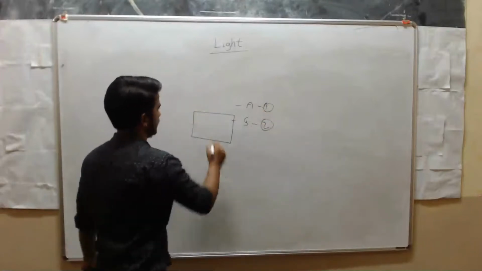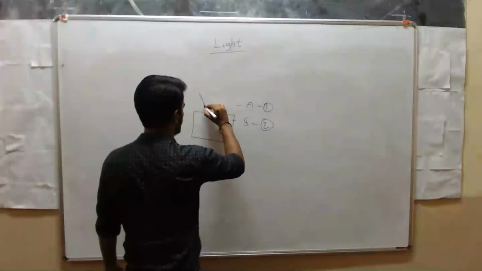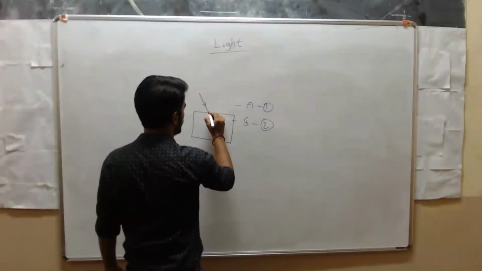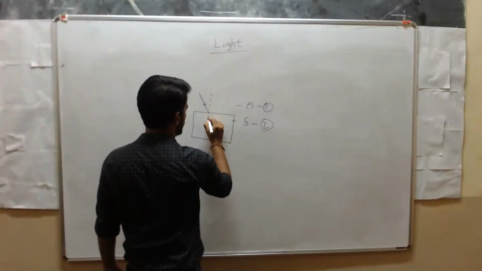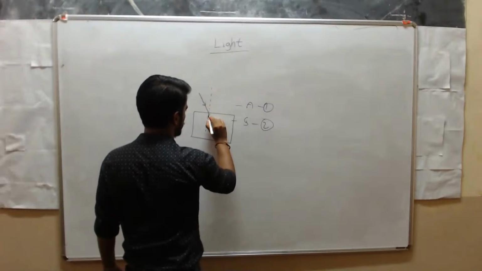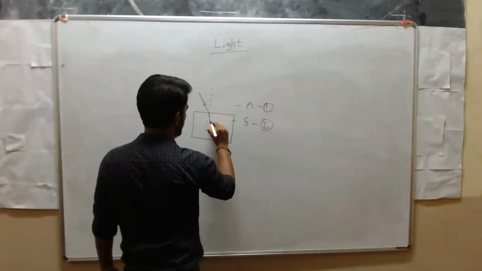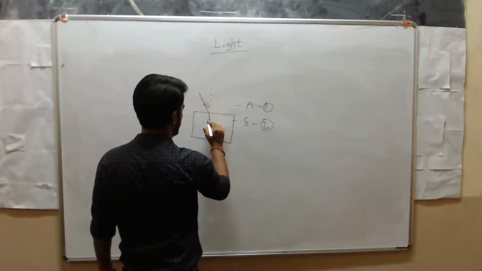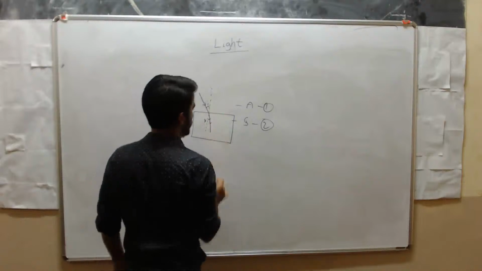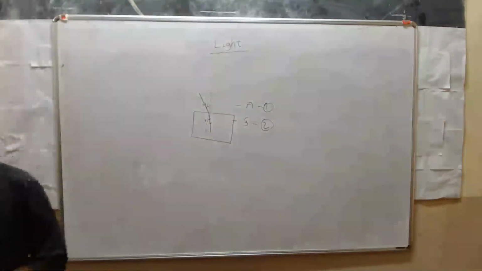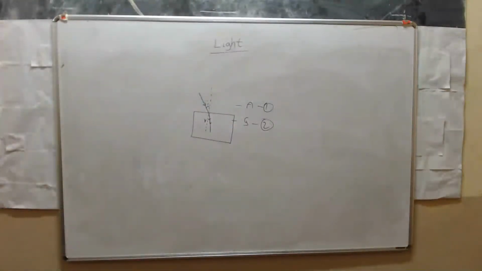Okay, I am passing the ray of light. It bends towards the normal. Okay. See, the refractive index means the extent of the change in direction that takes place in a given pair of media